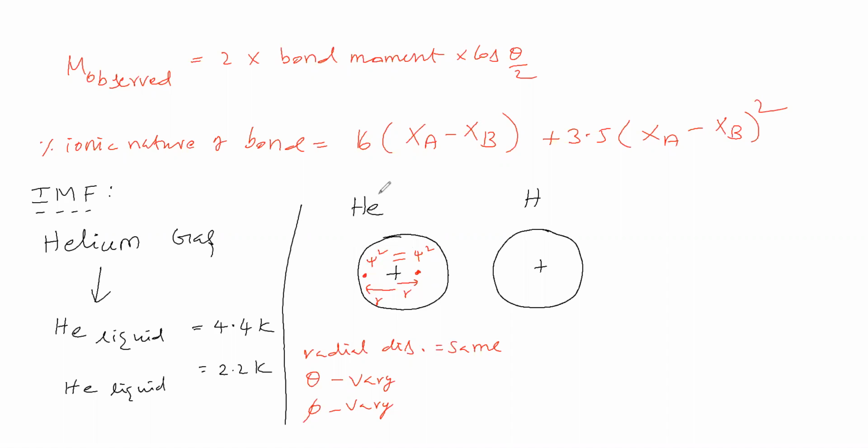So for helium, the electronic configuration is 1s2. For this helium also, the electronic configuration is 1s2. Now this is a symmetric electron cloud. Electron cloud is symmetric. Here also the electron cloud is symmetric. Okay, now